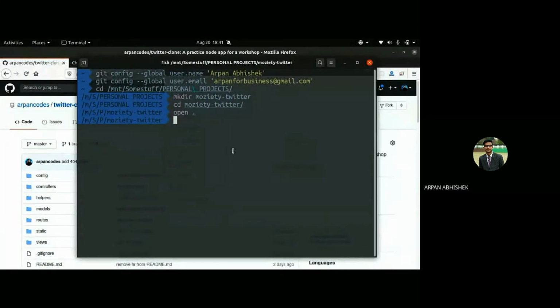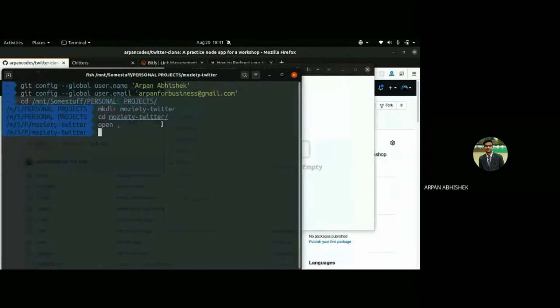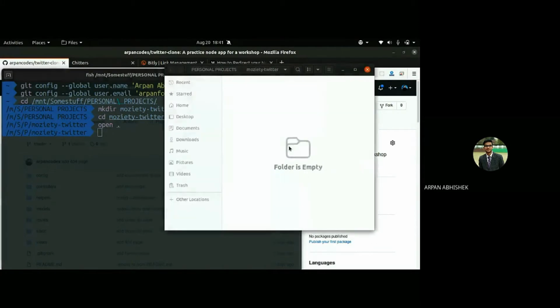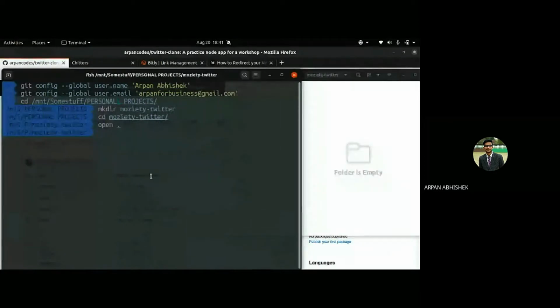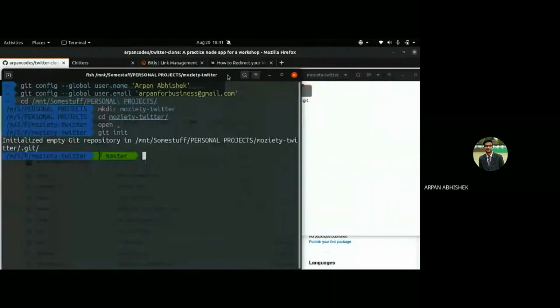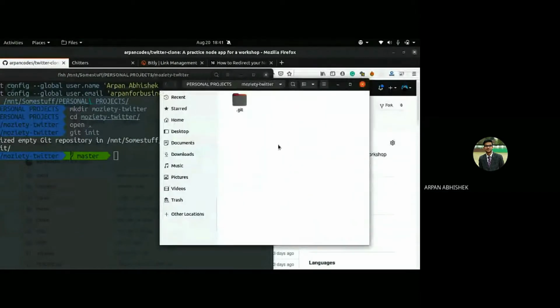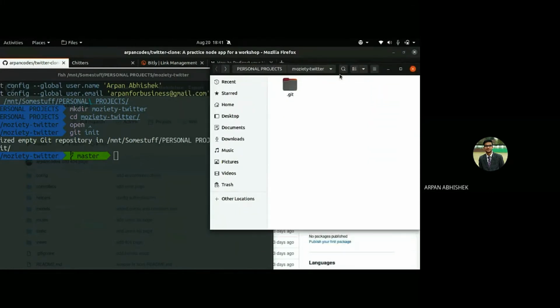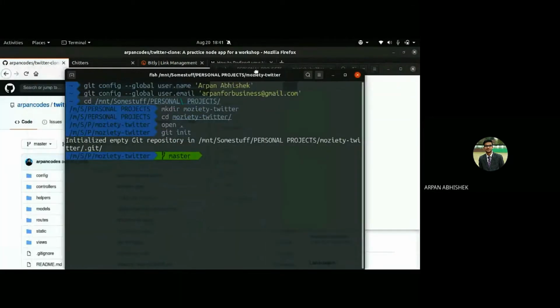Okay, cool. So yeah, what we have to do is we have to tell Git that we want you to watch this folder for any change we make. So git init, and it will create a .git folder. This will contain all the information which will be in that Git repository. Git basically is just a version control system which will watch your file changes and anything that you do in your project.